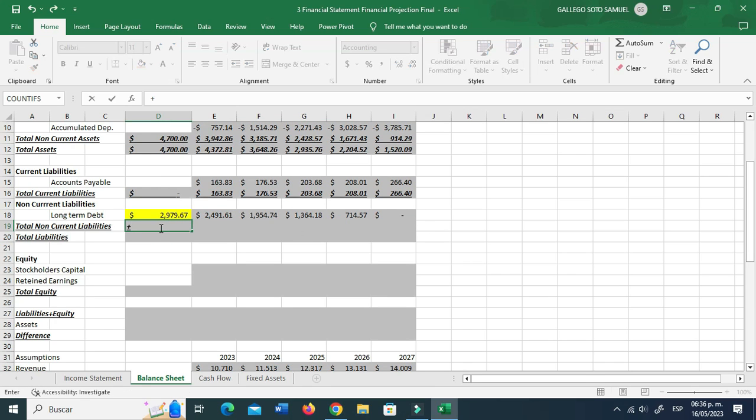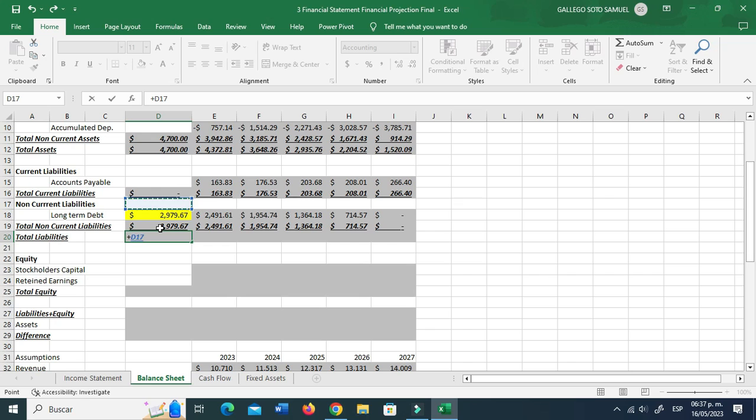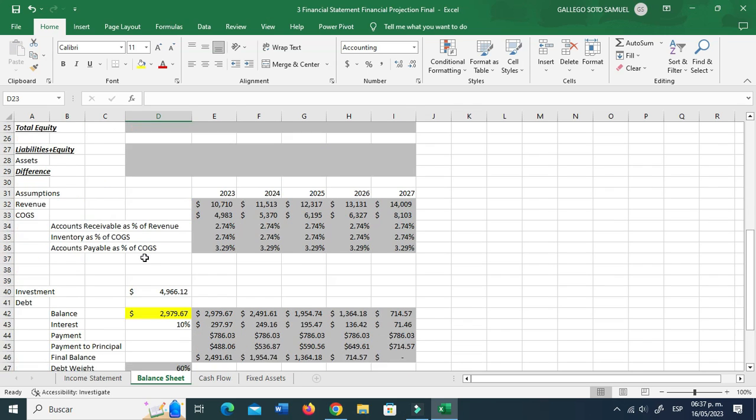So we have a total non-current liabilities, which is basically this. Okay, so the total liabilities are the total current liabilities plus your non-current liabilities. Let's copy this and Ctrl V. Now for your equity, okay, so since